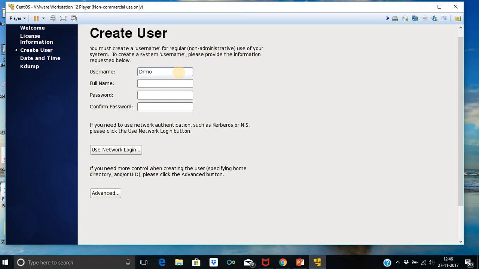I agree to the license agreement. One can give a username and password separately. The password may be different from the root password.